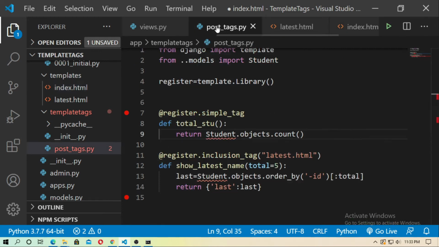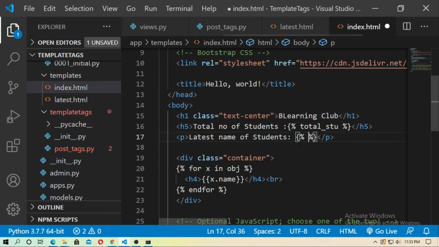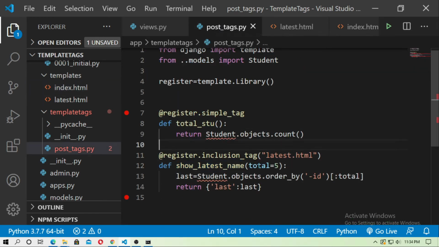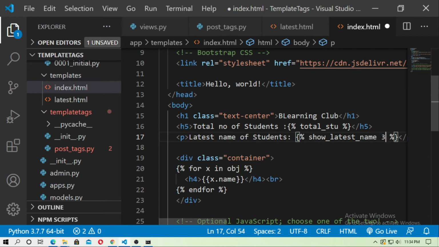Go to post tags.py, this is the tag name, show latest name. Copy it and paste it here. Now pass the number. The number is 3, and this is the total. Here we defined total equal to 5, but you can also pass this number 3. At first I just remove this.